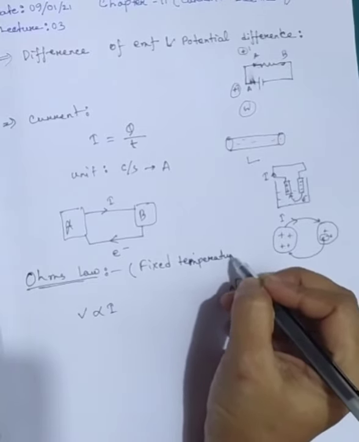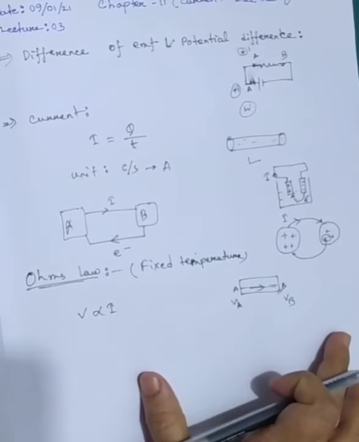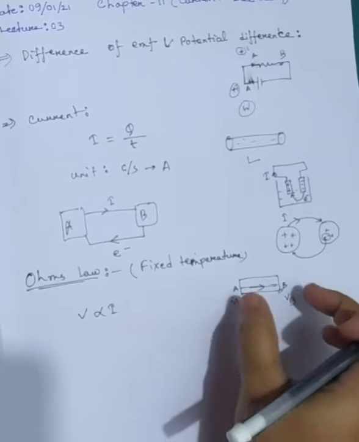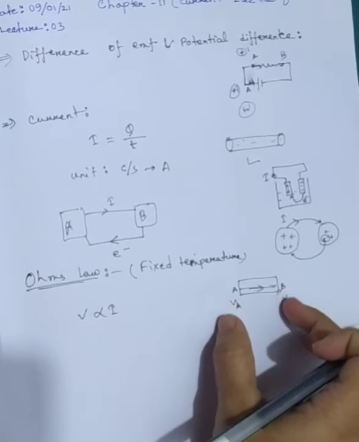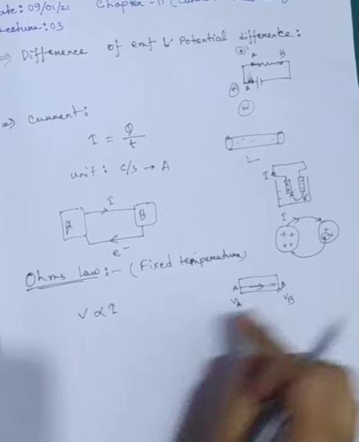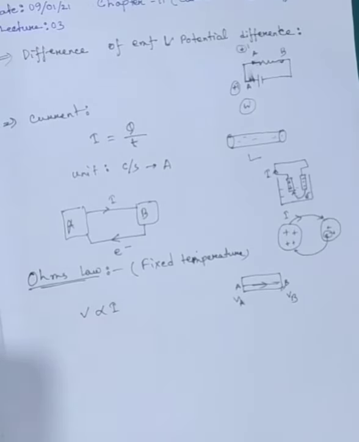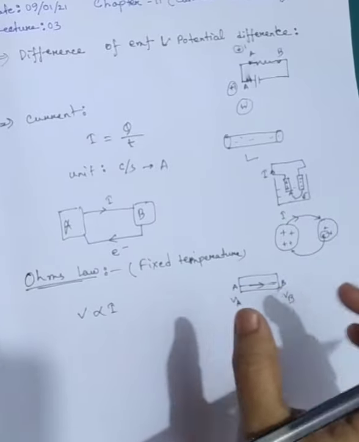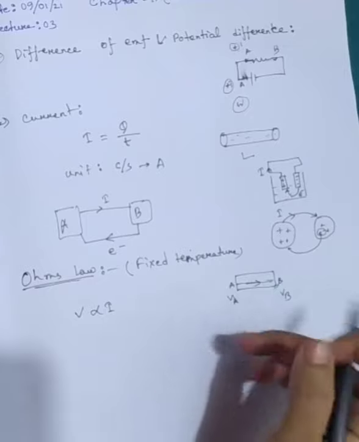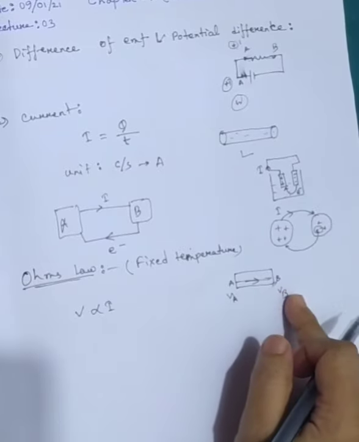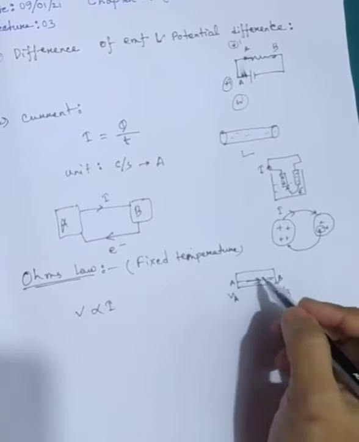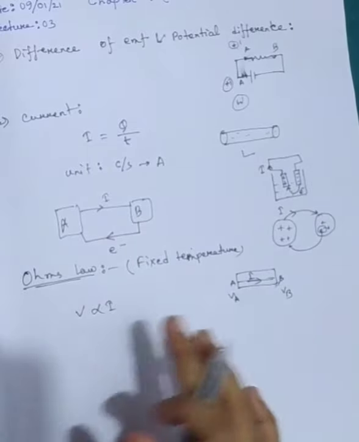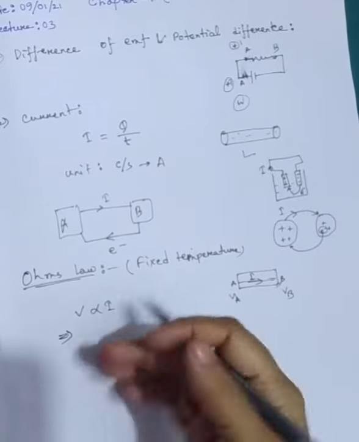At fixed temperature, when current is flowing through a conductor, then the potential difference between the two ends of that conductor will be directly proportional to the current flowing through that conductor. অর্থাৎ একটা কন্ডাক্টরের ফিক্সড টেম্পারেচারে, স্থির তাপমাত্রায় একটা কন্ডাক্টরের দুই প্রান্তের বিভব পার্থক্য বা পটেনশিয়াল ডিফারেন্স হবে ডিরেক্টলি প্রপোর্শনাল টু দ্য কারেন্ট ফ্লো থ্রু দ্যাট কন্ডাক্টর। ওই কন্ডাক্টরের মধ্য দিয়ে কতটুকু কারেন্ট ফ্লো হবে তার ডিরেক্টলি প্রপোর্শনাল বা সমানুপাতিক।